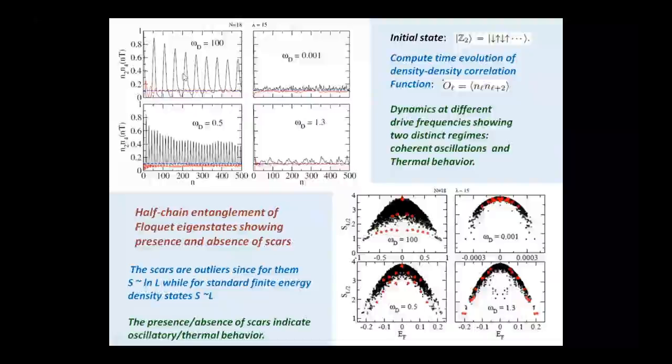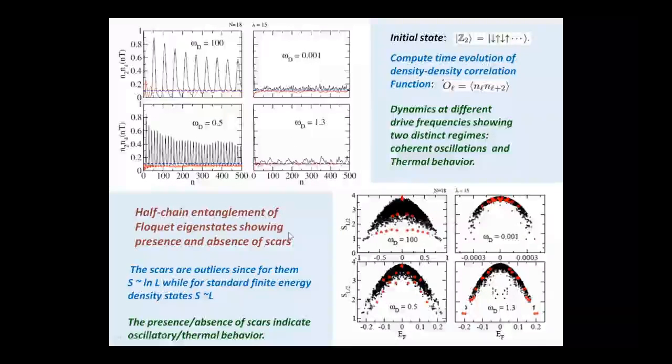So then in the intermediate regime, something funny happens. If I am at omega d equal to 1.3, which is an intermediate frequency, I see this ETH-like behavior. However, at lower, and mind you, lower and not higher frequency, we find an oscillating behavior with long-term oscillation. This means that there must be re-entrant transitions between this long-time oscillation and ETH-like behavior.